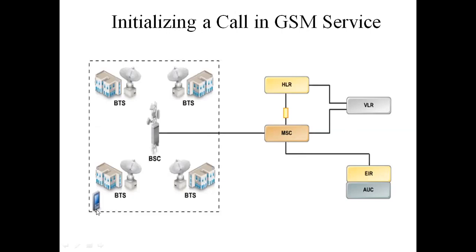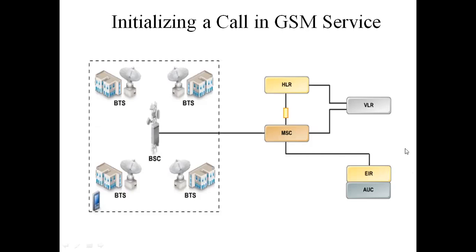Now, this mobile switching center is also connected with all these things. So basically these are the very major components, as we have already gone through in the GSM architecture. That is why this mobile switching center also queries the home location register and visitor location register databases to check whether the cell is in its home area or outside.